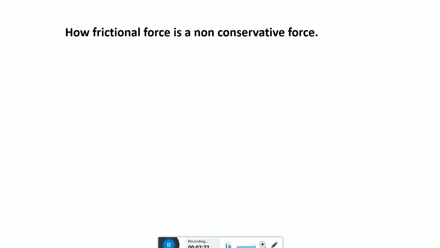How is frictional force a non-conservative force? Means we have to show that frictional force is a non-conservative force, that is, the total work done by the frictional force is non-zero, or not equal to 0. For that,